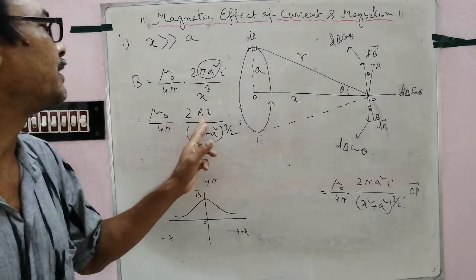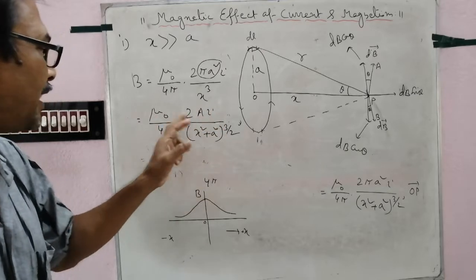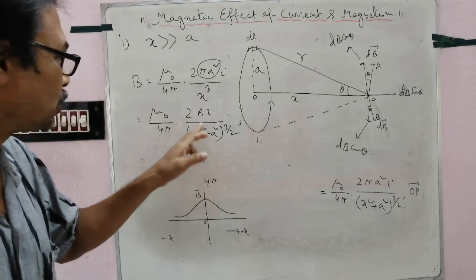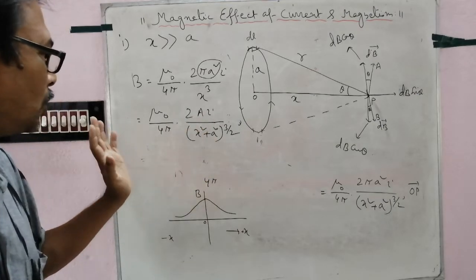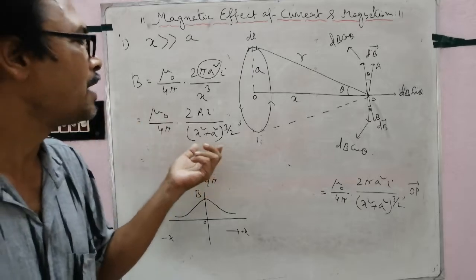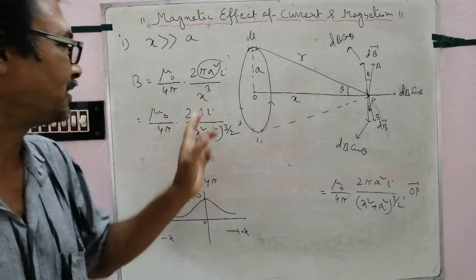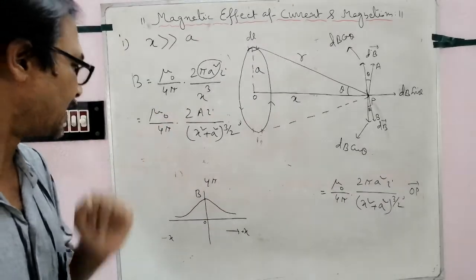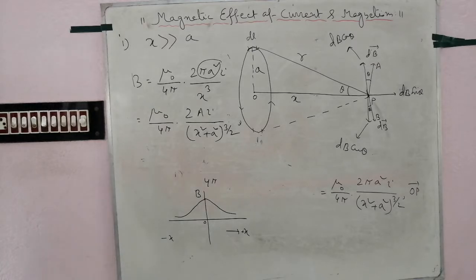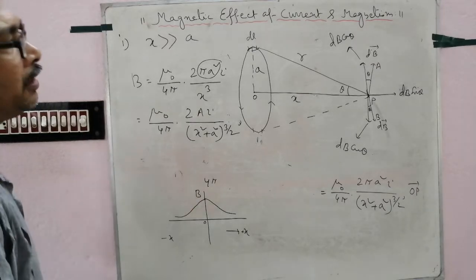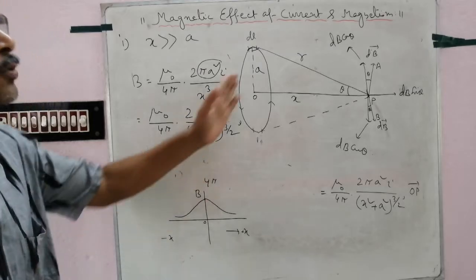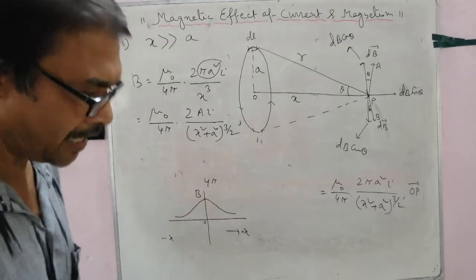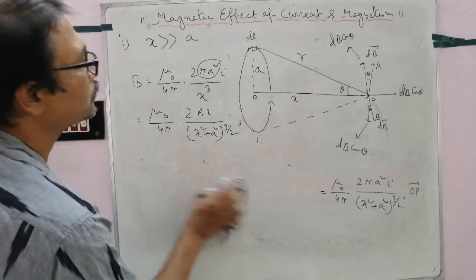The area of a coil is A and the current is I. The values of A, a and I are given. So find out the magnetic field at a distance of 5 meter or 3 centimeter from the center. Then you will get the result after putting the values in this equation. Clear? Okay, note it. This type of question may come as a big question, a 3 marks question, a short question, any type of question.